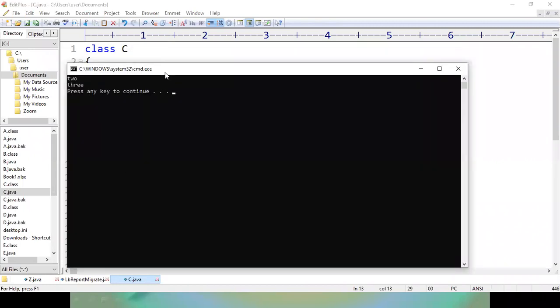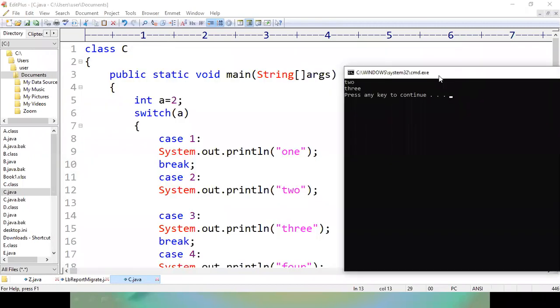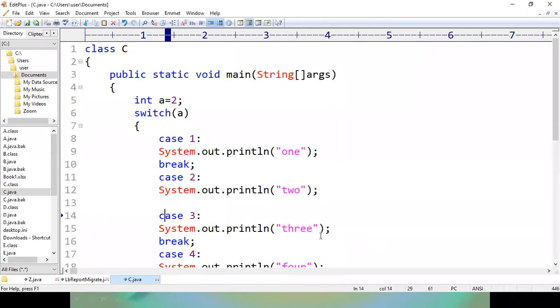Case number 2 has been matched, so the control enters into the switch body and it has printed 2. Because there is no break statement here, the compiler will not try to match the remaining cases.